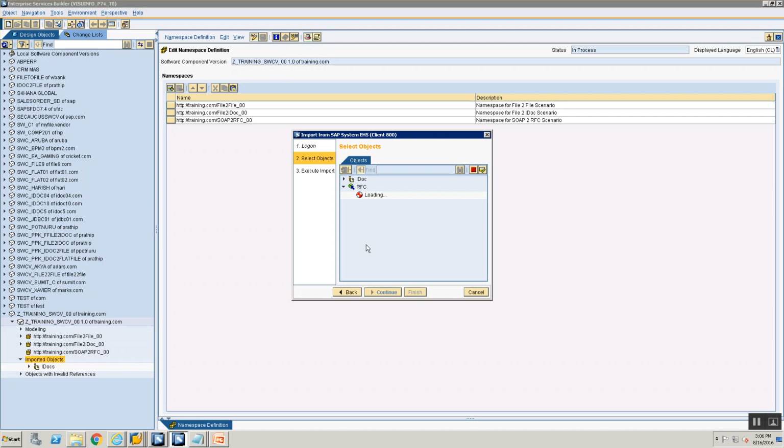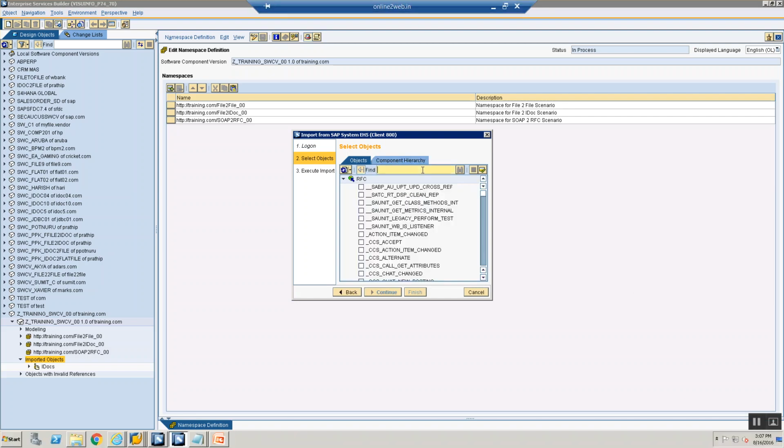It also depends on your network bandwidth, so please do not alt tab out of your screen, especially when you're a beginner in PI. It is going to take a lot of time. In some cases it can even take 5 minutes. Please be patient like I am. Don't do any alt tabs and just hold on while the RFC is loaded. Whenever the list of RFCs is loaded, we will resume. Till then, let's just wait for the RFCs to get loaded.